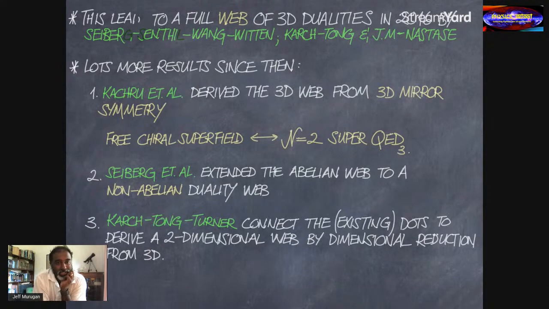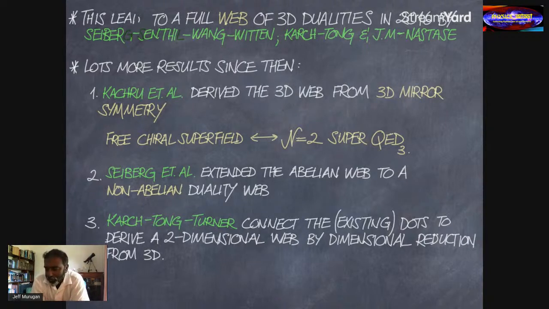And they were Seiberg and Senthil and Wang and Witten, which was a Harvard-Princeton collaboration, and then Andreas Karch and David Tong, a University of Washington, University of Cambridge collaboration. So there were 3 papers released on the same day: the Seiberg, Senthil, Wang, and Witten paper, the Karch and Tong paper, and my paper with Horacio Nastase. And they all converged on the same idea at pretty much the same time,